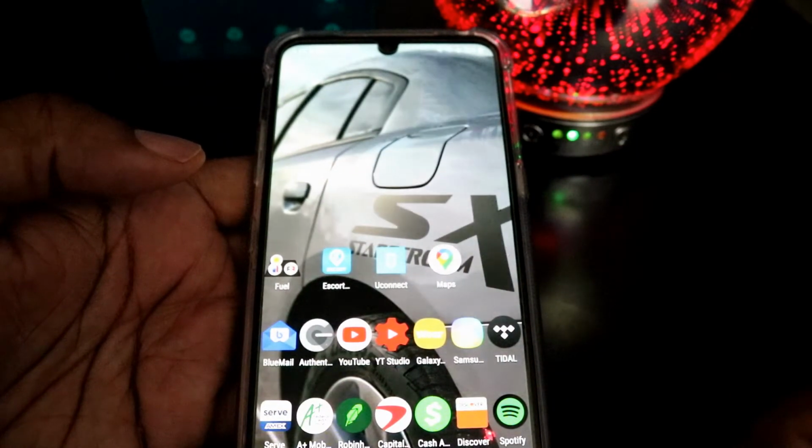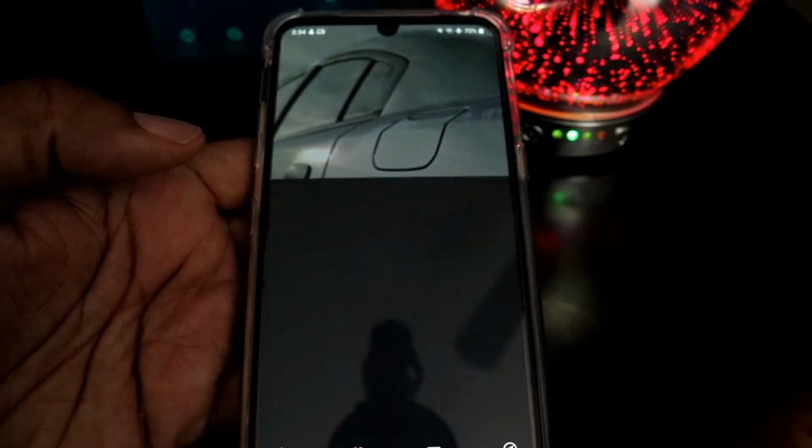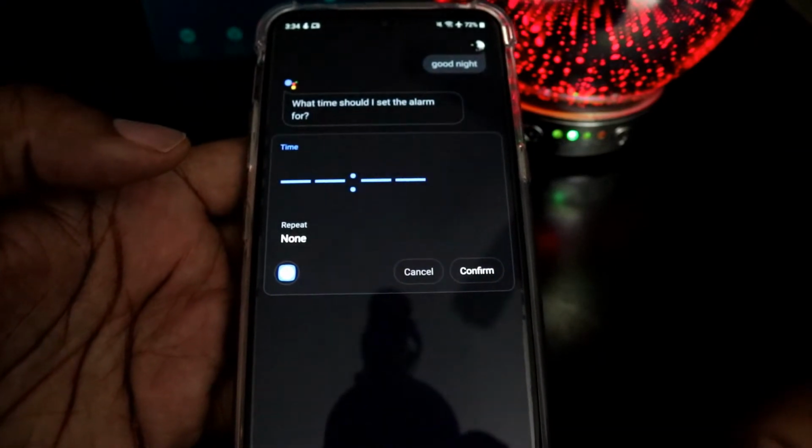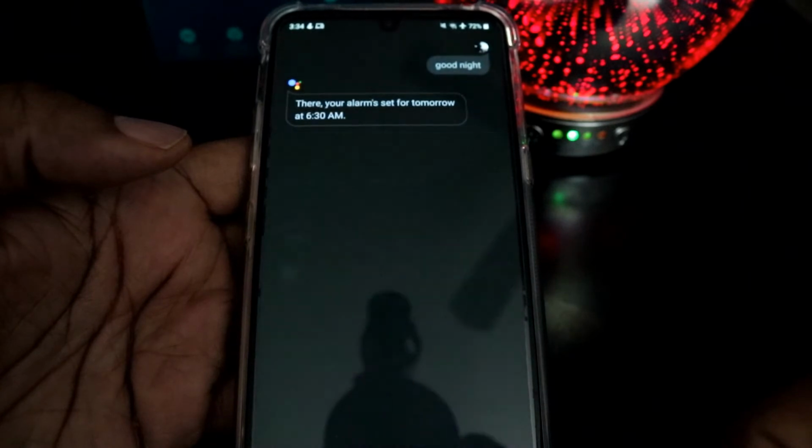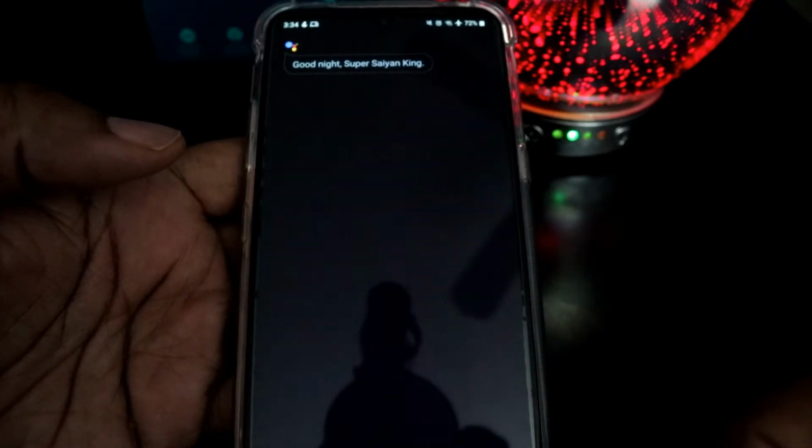Hey Google, good night. What time should I set the alarm for? 6:30 a.m. Good night, Super Saiyan